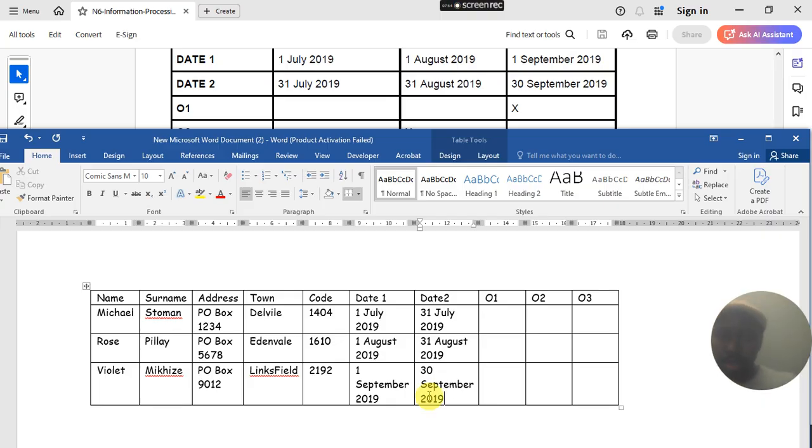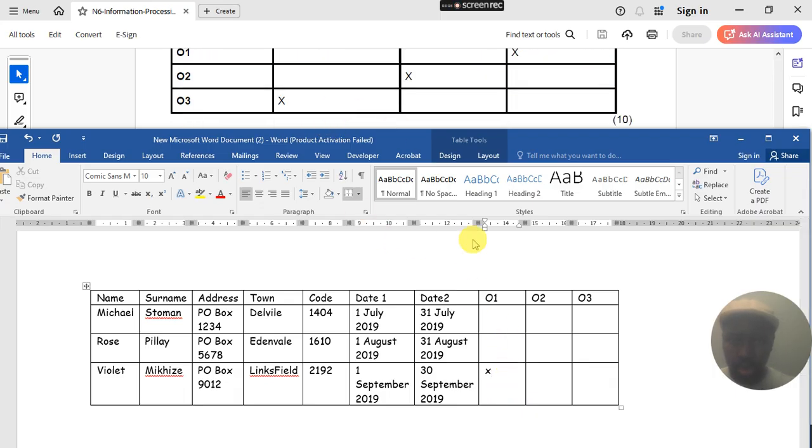For 01, the cross is at the last, so we'll put the cross at the last. For 02, it's at the middle, so we'll put the cross at the middle. And for 03, it's at the beginning, so we'll put the X at the beginning. If you've done it like that,